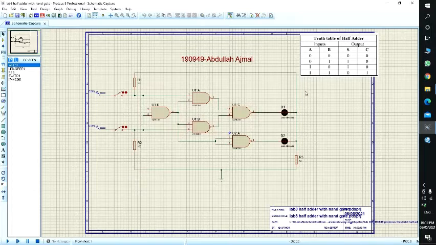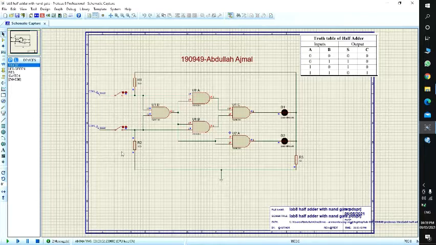Now basically it is also the circuit of a simple half adder, but we have only changed the architecture, so we have to verify whether a different architecture can provide us with the same accuracy. So first of all, we have 0 0. Now let's run for 0 0. For 0 0, none of the LEDs is working.